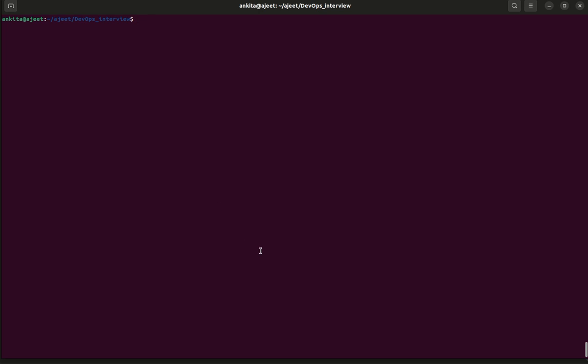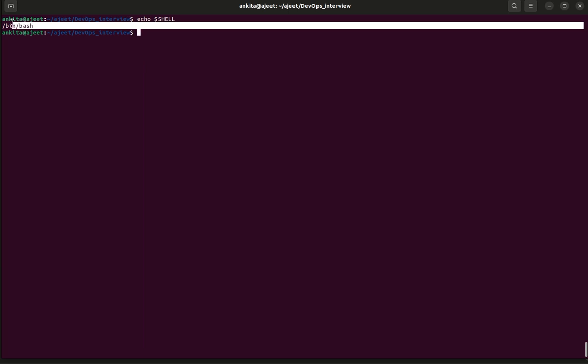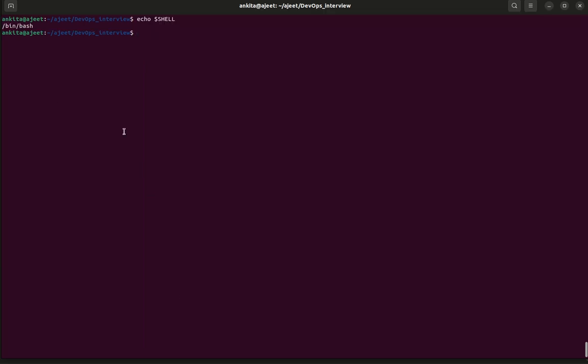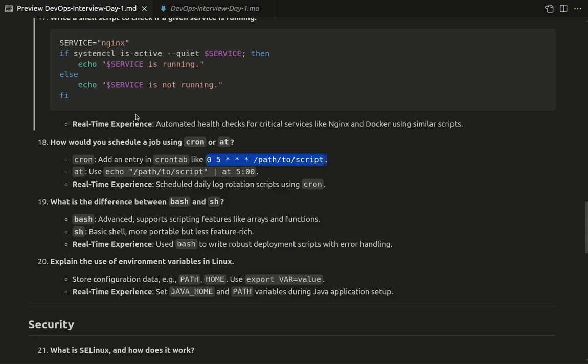And if I check what the shell is, you can see currently I am using the bash shell. Okay, and while writing a shell script, we write the shebang statement in the first line itself. So we define which shell will be chosen to perform